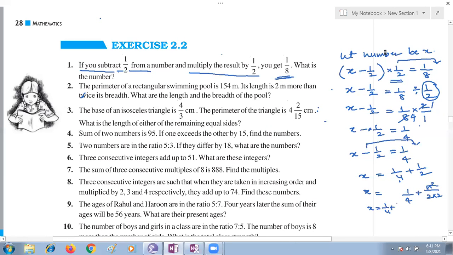Ma'am, it will be like we have to do LCM, ma'am. Which one? Ma'am, we have to multiply 1 into 2 and 2 into 2, ma'am, in 1 by 2. Yes, instead of doing the LCM, you are doing what you did in your lower classes. You are coming to 8th grade, right? You are supposed to take the LCM and convert these things. Ma'am, did I do correct? Yes, x is equal to 3 by 4 is the correct one.